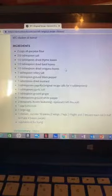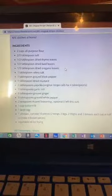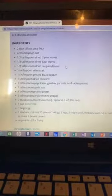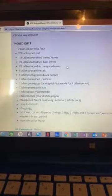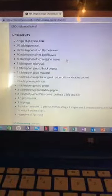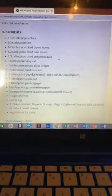2 tablespoons of garlic salt, 1 tablespoon of ground ginger, 3 tablespoons of ground white pepper. The accent seasoning, excuse me, 2 teaspoons of accent seasoning is optional. I don't have that, so I left that out as well. 1 cup of buttermilk, 1 large egg, and it says 1 chicken cut into 10 pieces, but